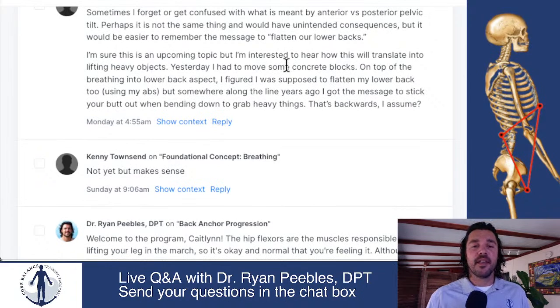heavy objects. And so I wanted to talk about this because it's really important to make clear that the posterior tilt is not the ideal position, and it doesn't necessarily protect the spine. And I wouldn't want everybody to leave this live stream or come out of the program and say, okay, posterior tilt is better inherently, so I'm just going to try and do that all the time no matter what, because